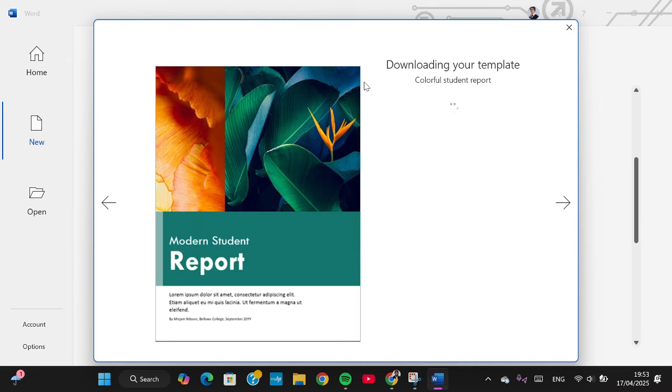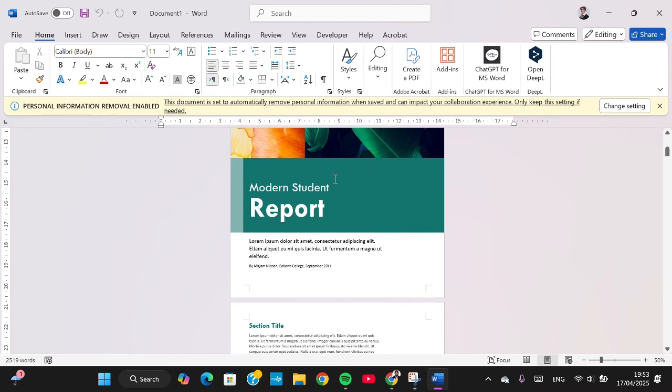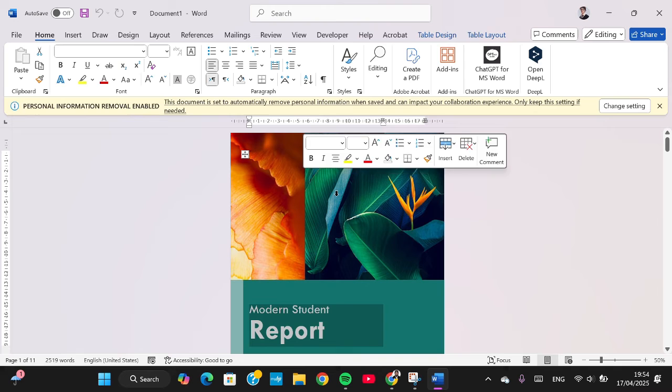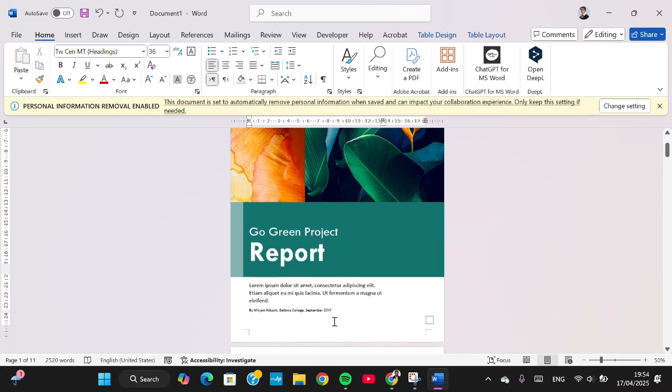Let's say I'm going to create a report, so I'm going to use this one. But wait, now it has been downloaded, and here we can replace the image with our own image, and we can change the text. For example, I'm going to replace it with this project. Okay, like this, and here you can add the description,